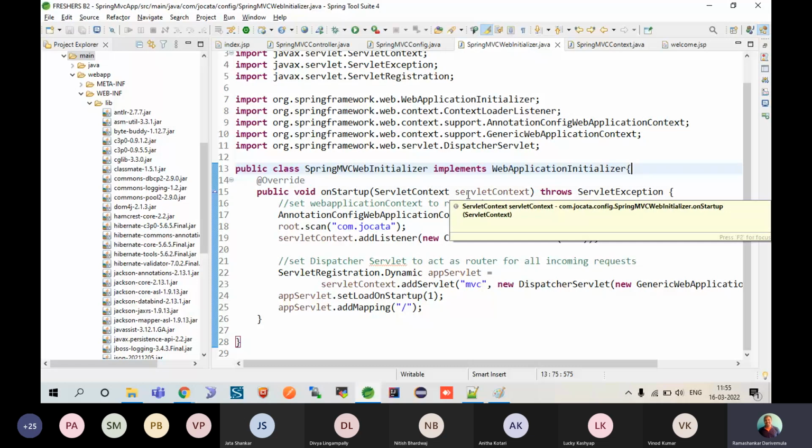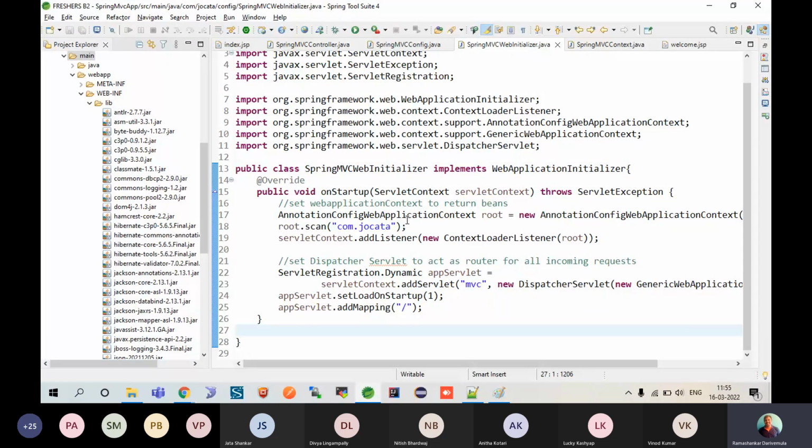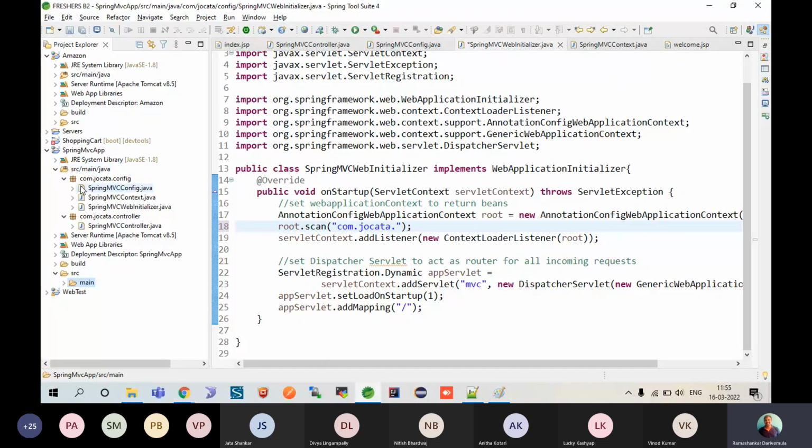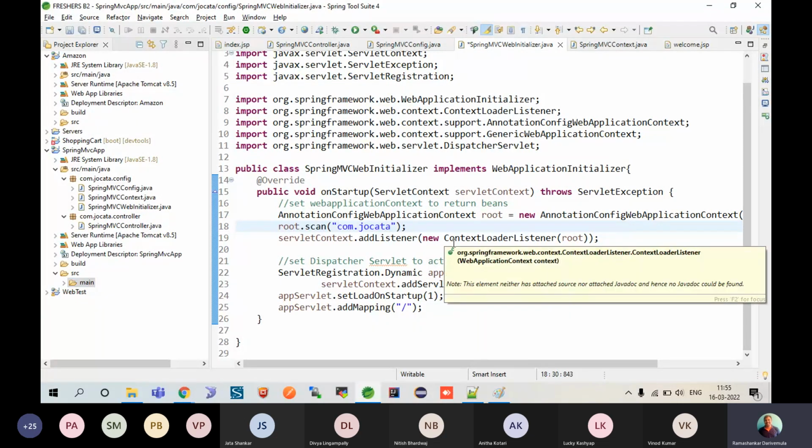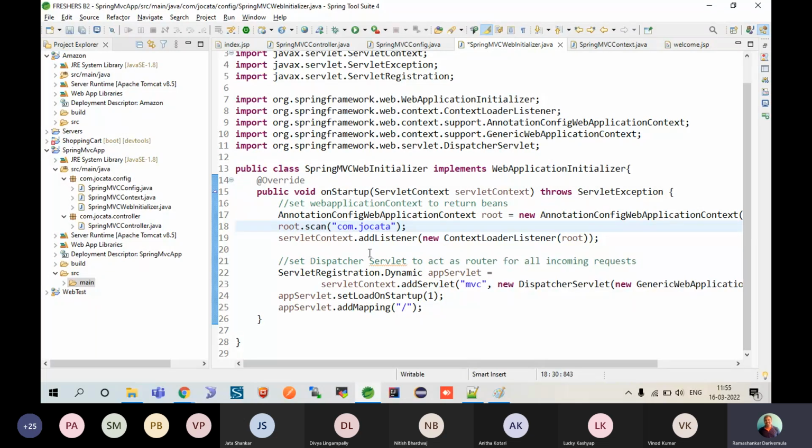One is the annotation config web application context root, which scans com.jokata, whatever the root package is. In our case, the root packages are com.jokata.config and com.jokata.controller, so I have given com.jokata as the root package. So from com.jokata, any class that is there, it will take. It is taking the servlet context's add listener of context loader listener on this root